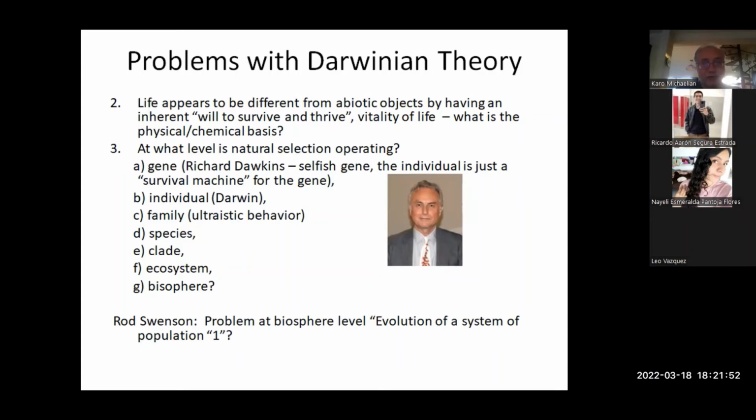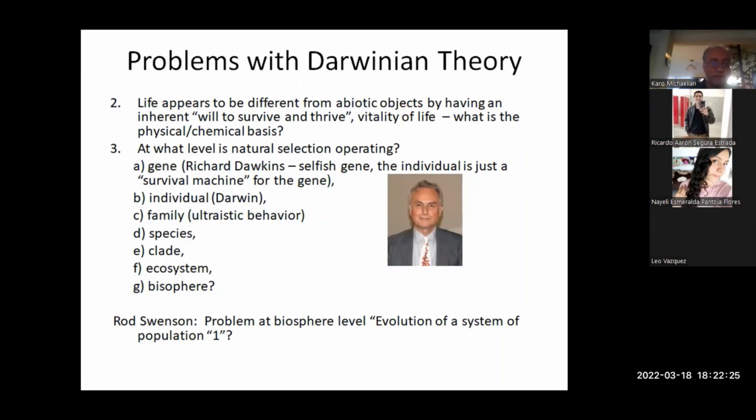And you can also, like Darwin, ask at what level is natural selection operating? Well, Darwin at first assumed that it was at the individual level, but then he realized that there are organisms in which many of the individuals are sterile. That means they cannot reproduce. And so his theory would fail, unless he said, well, we can have natural selection operating on the species level or a higher level, like the family, clade, ecosystem.